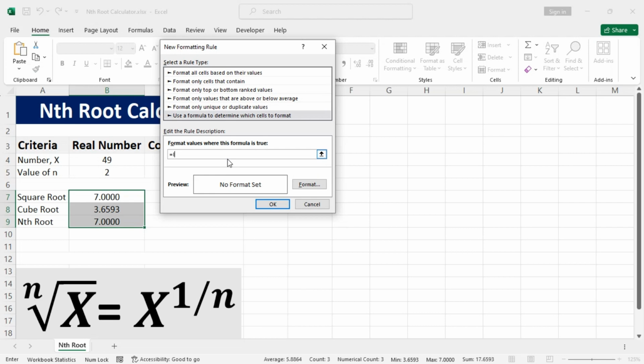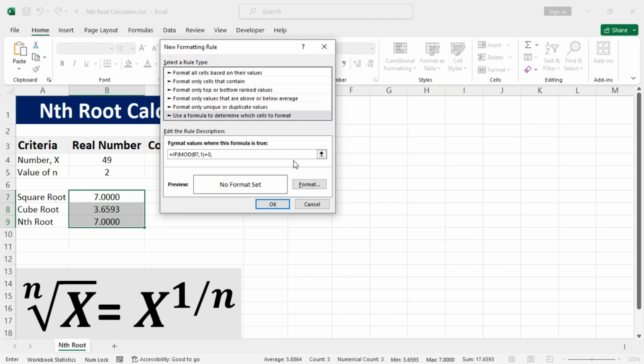So if MOD of this cell, that is cell B7, MOD B7, 1 is equal to 0,